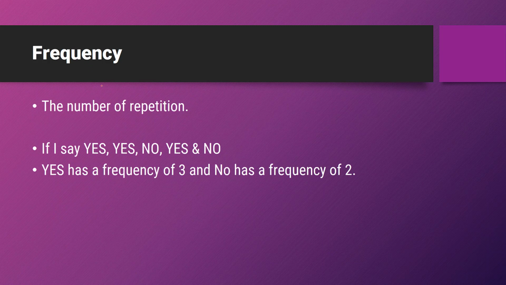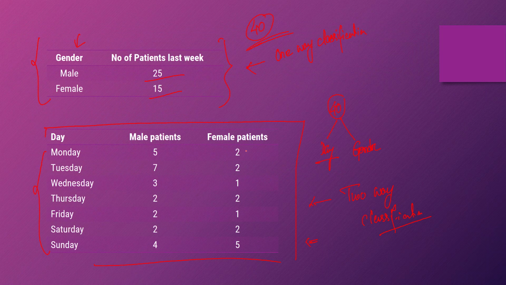Now, to make a table, you need to understand the term called frequency. This word frequency, or this term frequency, is very commonly used in statistical analysis. So what is frequency? Frequency is nothing but number of repetitions. So how many times? If we go back to this example, out of these 40 patients, the frequency of